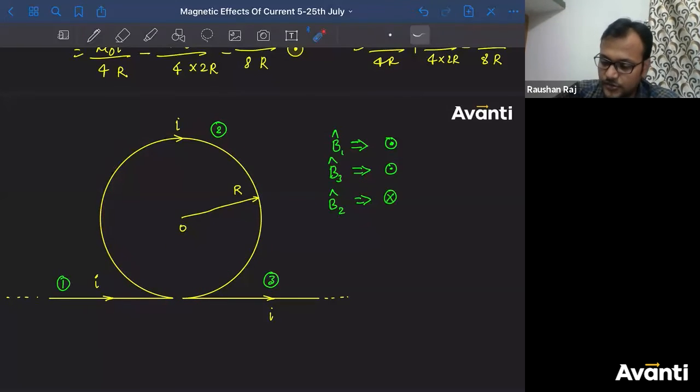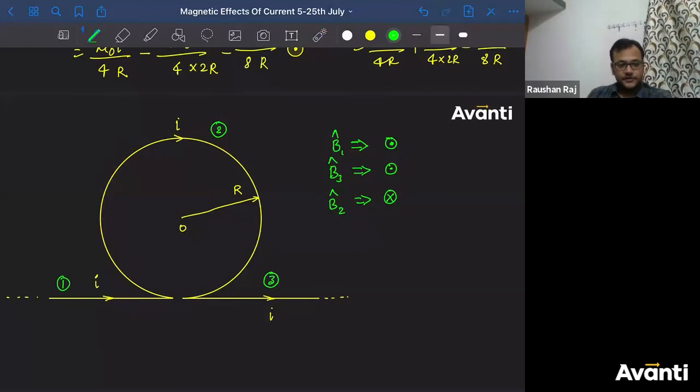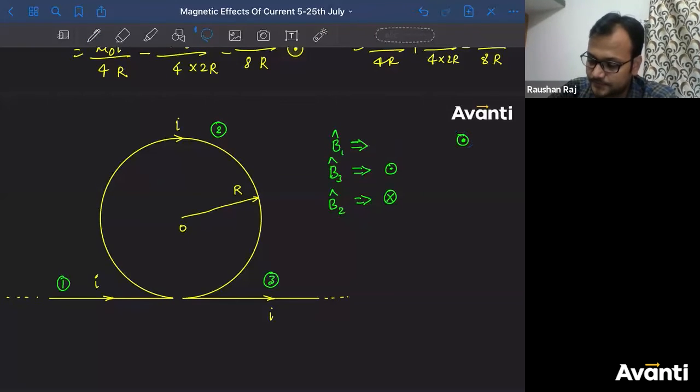Now can I say I have got two same directions, one opposite direction. So what will be the magnetic field? You have to find which one of them is greater, which one of them is smaller. So let us find out the magnitudes. All right. Magnitude of B1. Bolo, kitna hai bachcha log?